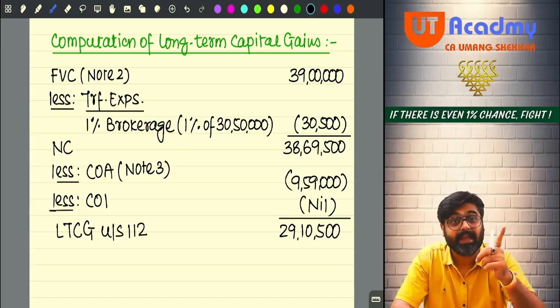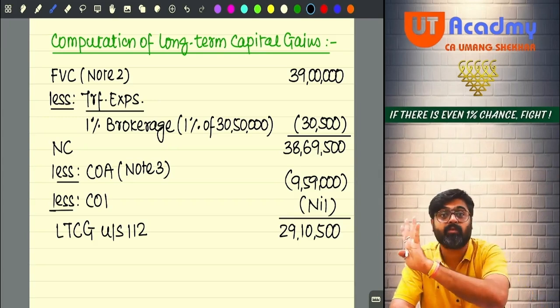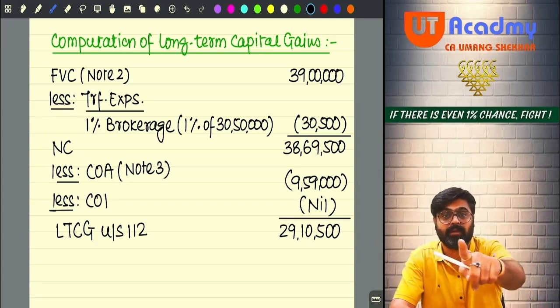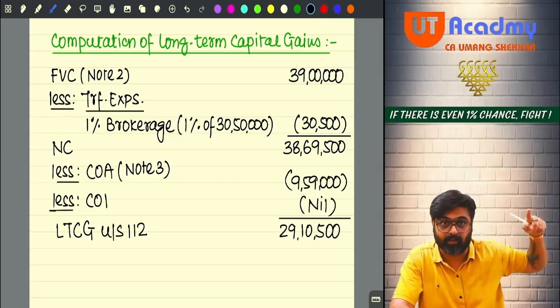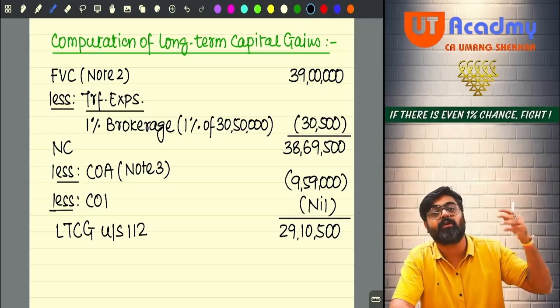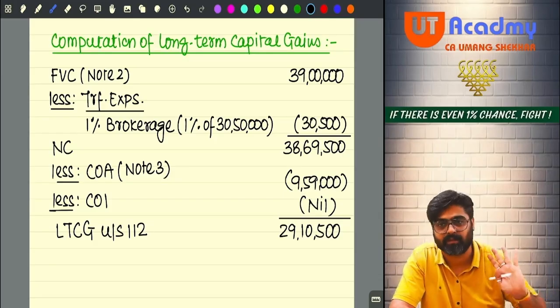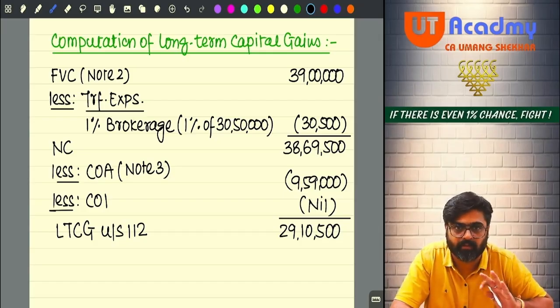But in my computation of total income, whatever capital gain I have to show as a part of my total income will be this much only. I don't have to do the indexation while computing the capital gains. Indexation will be done only for the limited purpose of determining the tax liability. That's it. Getting my point, everyone? Now you will see what is going to happen over here, but wait for some time.